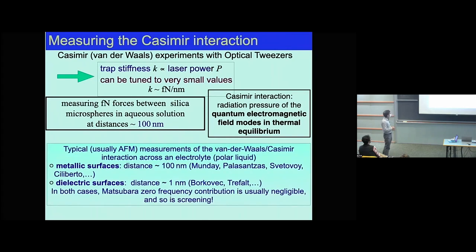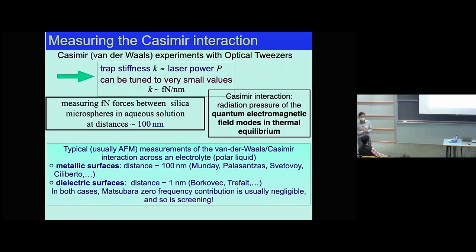So there are many previous experiments, important ones, with the interaction across an electrolyte, across a polar liquid, water, ethanol. Jeremy has made experiments with ethanol, right? When we take metallic surfaces at distances of, say, 100 nanometers or so, because they are metals, the zero frequency contribution is not that big any longer. So it's difficult to understand how the screening affects the result, because it's affecting just a very tiny fraction of